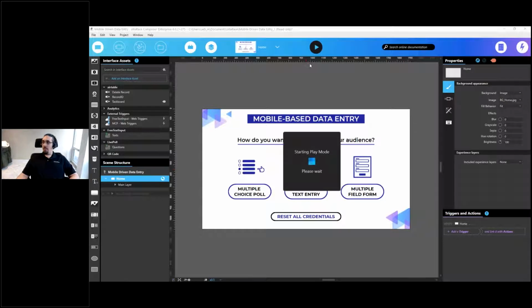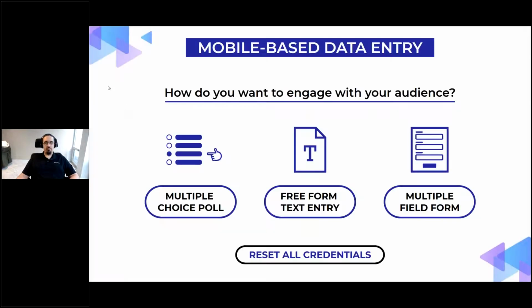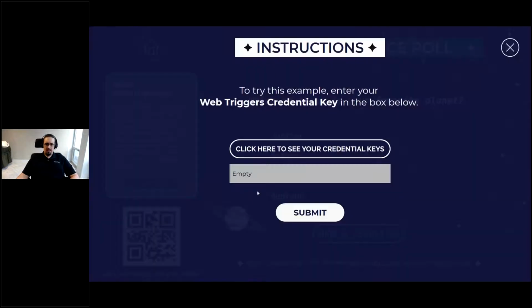Let's get into play mode. So we do have these 3 samples, and I'm going to start with the first one, the multiple choice poll. If you attended our previous user conference, you've seen me using this before. I'm actually going to go into the scene here, and in this example, the first thing that